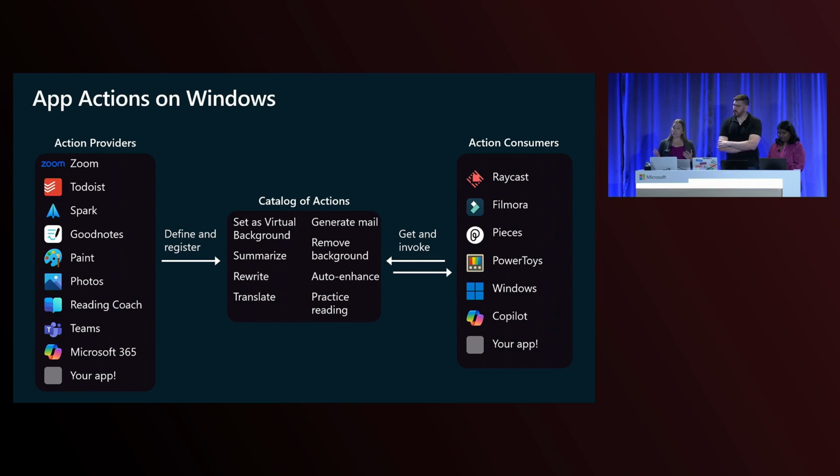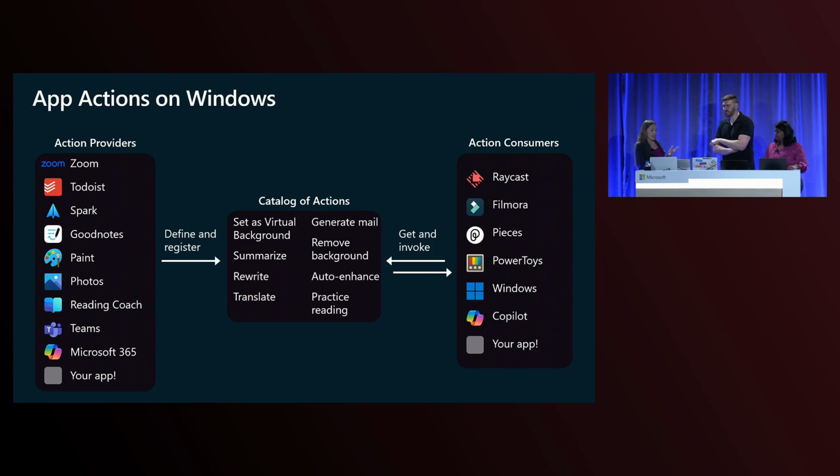Also, note in this consumers list, agents and LLMs, like Copilot, will also be able to consume actions and bring them to users, either directly through our APIs or through natural language protocols like MCP, Model Context Protocol, which you may have heard about in yesterday's keynote and in a previous session here. So with a simple flag in your code as a provider, you'll be able to enable Windows to wrap your action as an MCP server tool. And the Windows MCP registry will collect those actions and make them available for any MCP host that is consuming that Windows MCP registry.